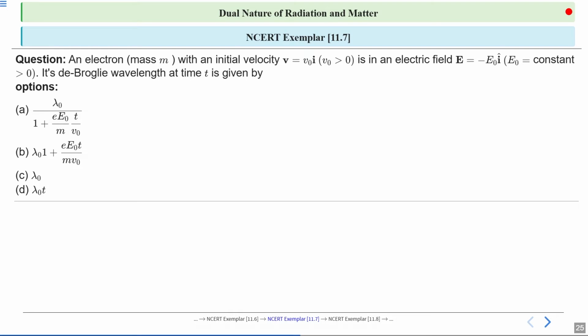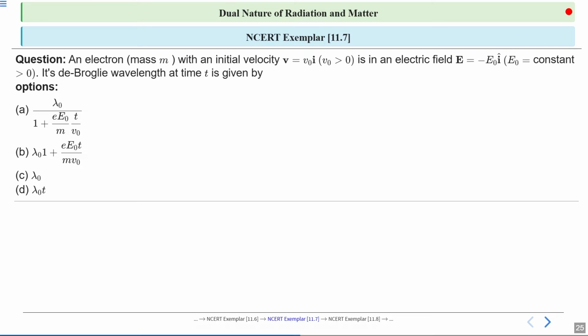Now the next question, let's examine NCERT exemplar 11.7. The question says an electron of mass m with an initial velocity v equal to v naught i cap, where v naught is greater than 0, so positive velocity along the x-axis, is in an electric field. The electric field is E equal to minus E naught i cap, so the electric field is along the negative x-axis. E naught is constant and also greater than 0. Its de Broglie wavelength at time t is given by: